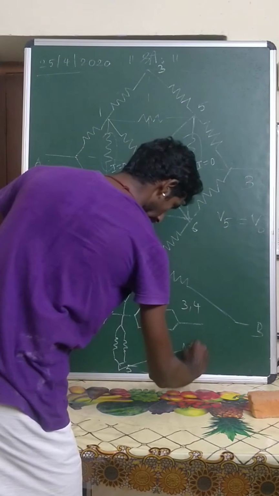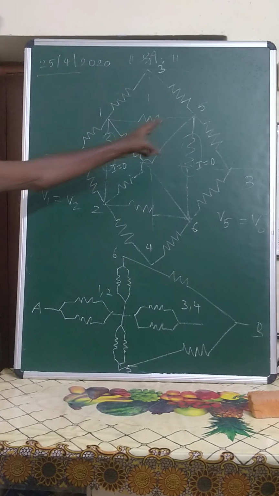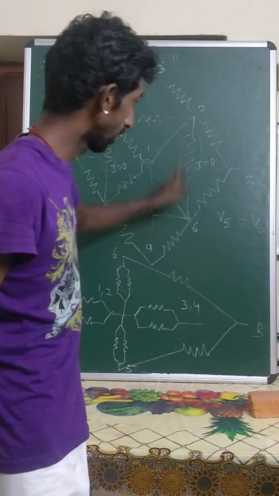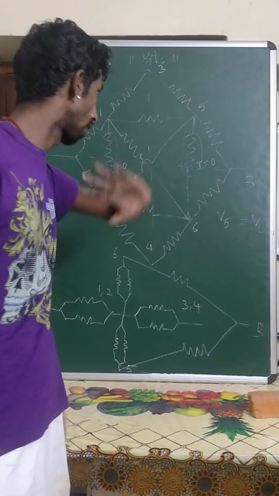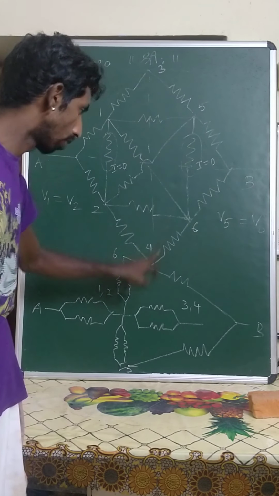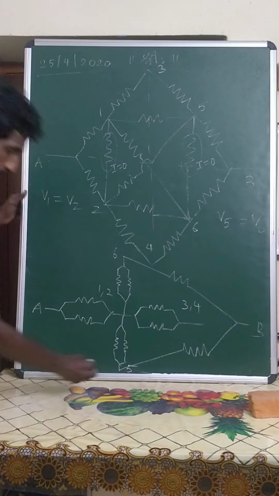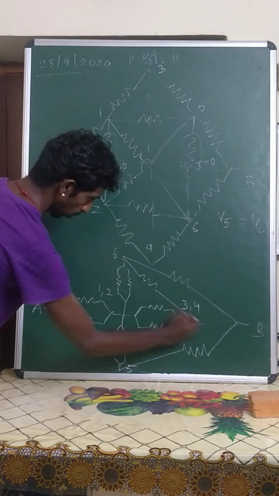Similarly this 5 is connected through a resistor to B. Again the same 5. You see here between 5 and 6 the resistor. So no current flows through this. And 1 is connected to 5 that we have drawn. 3 to 5, 4 to 6. Okay, 3 is connected to 5, 4 is connected to 6. That we want to draw.